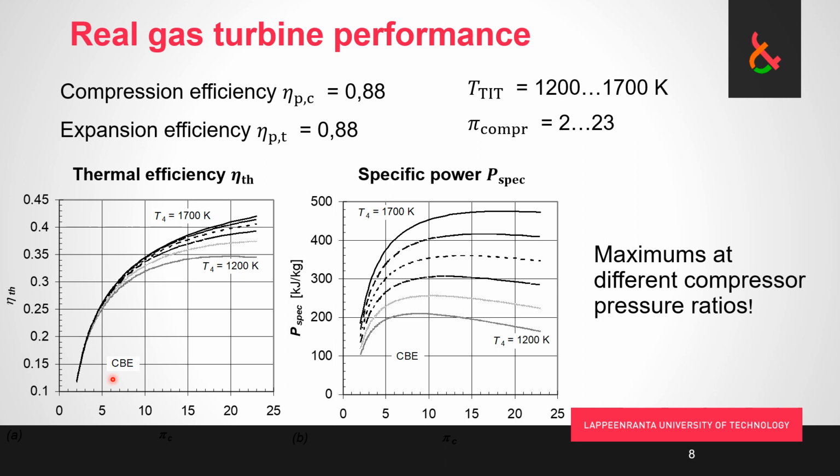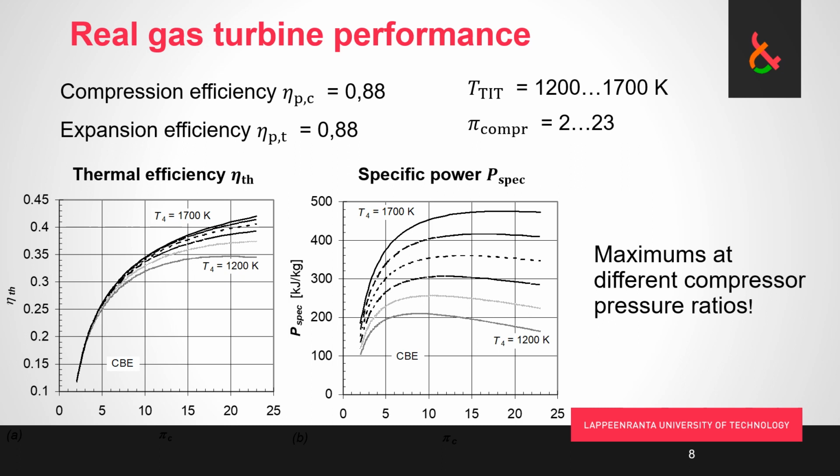And if we look at the specific power, we notice the same thing, that we get an increase only up to a point. Now, if we had higher compression and expansion efficiencies, the ideal highest point would move further right towards higher compression ratios, so we would move closer to the ideal Brayton,